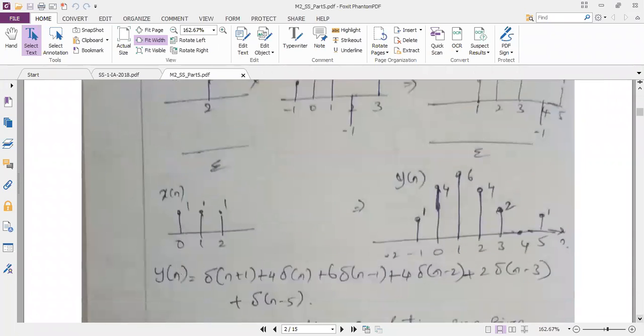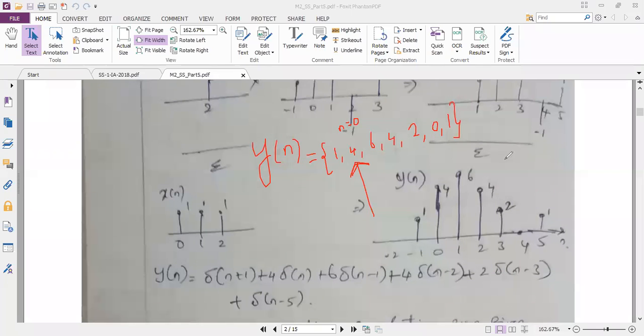So you have to write your answer. See, like this also, y of n is equal to. You have to write your answer in 3 different ways. So 1, 4, 6, 4, 2, 0, 1, and index you have to mark properly. Index is always referencing 0. So if the arrow mark is shown at number 4, that means n is equal to 0 here. So this is one way of writing the answer.